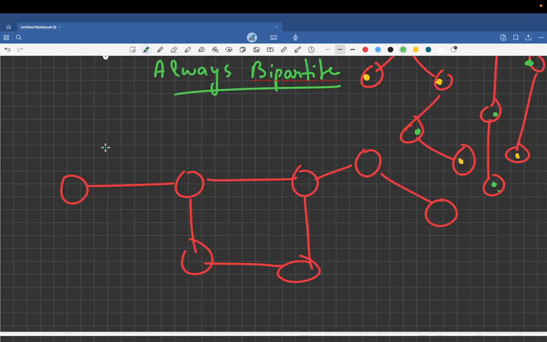Let me try to color it. I color this green. Its adjacent yellow, its adjacent green, green's adjacent yellow, and yellow's adjacent green. So can you notice? I can color this graph with two different colors such that two adjacent nodes do not have the same color. So this graph is bipartite.